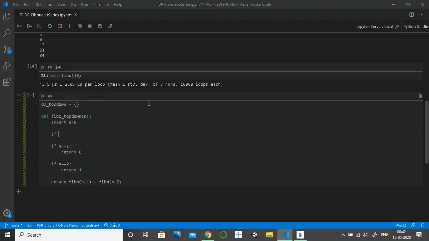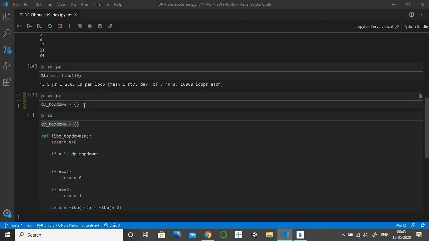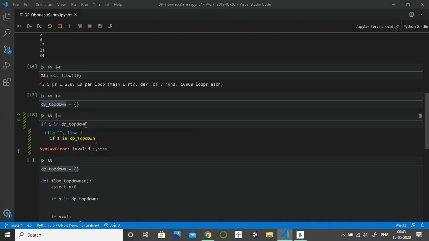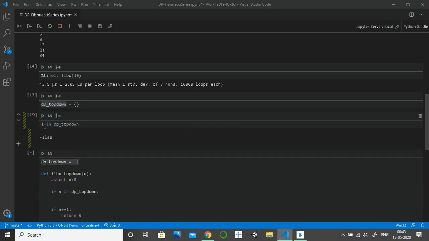So what we'll do, we will write a condition here: if n in the dictionary. Let me create this, run it, and check, let's say, is 1 in top down?